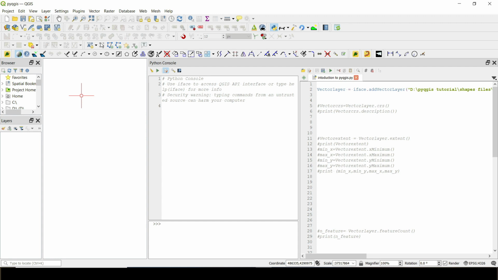And we're going to look at some examples in this video. They're going to be simple examples, but you can think out of the box and you will be able to do a lot of cool things with this one. So the first thing that you're going to see is basically how you can import a vector layer inside QGIS. It's really simple. All you have to do is create a variable. We're going to call this vector layer, for example,